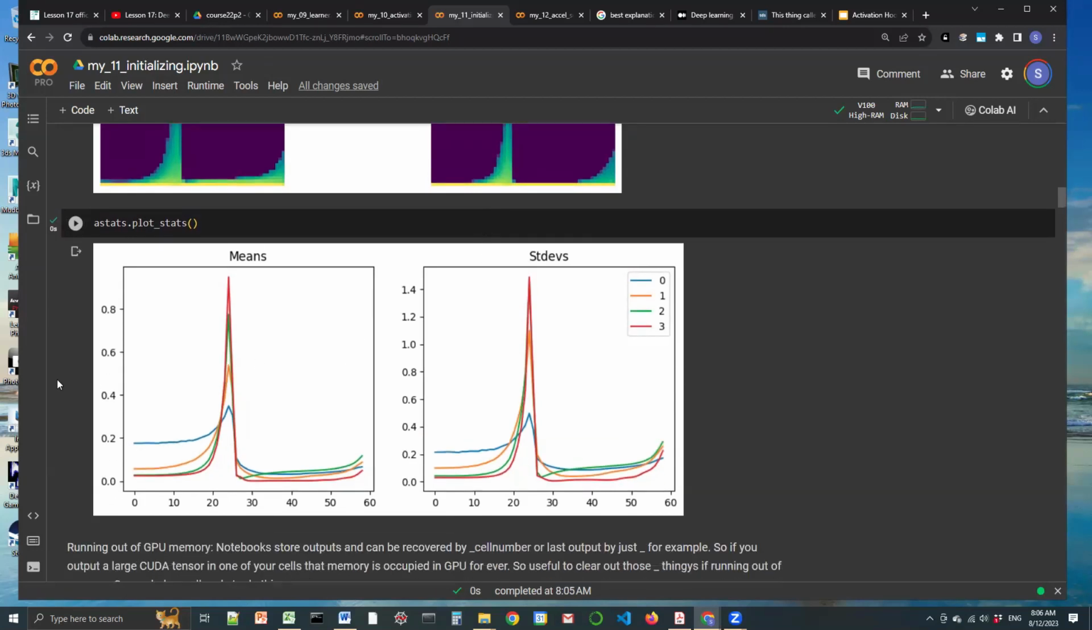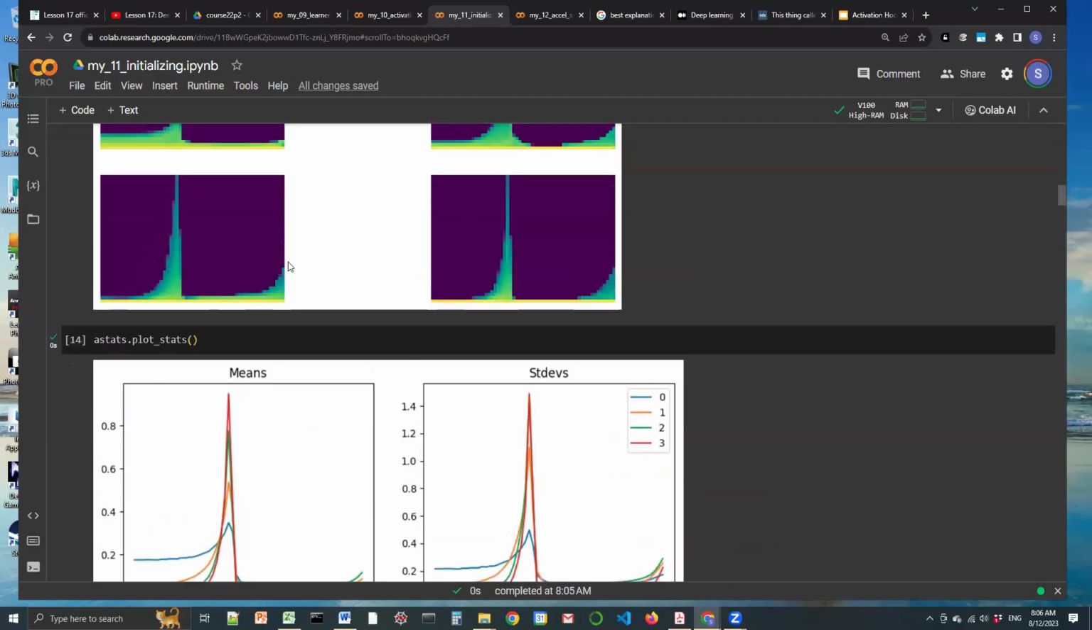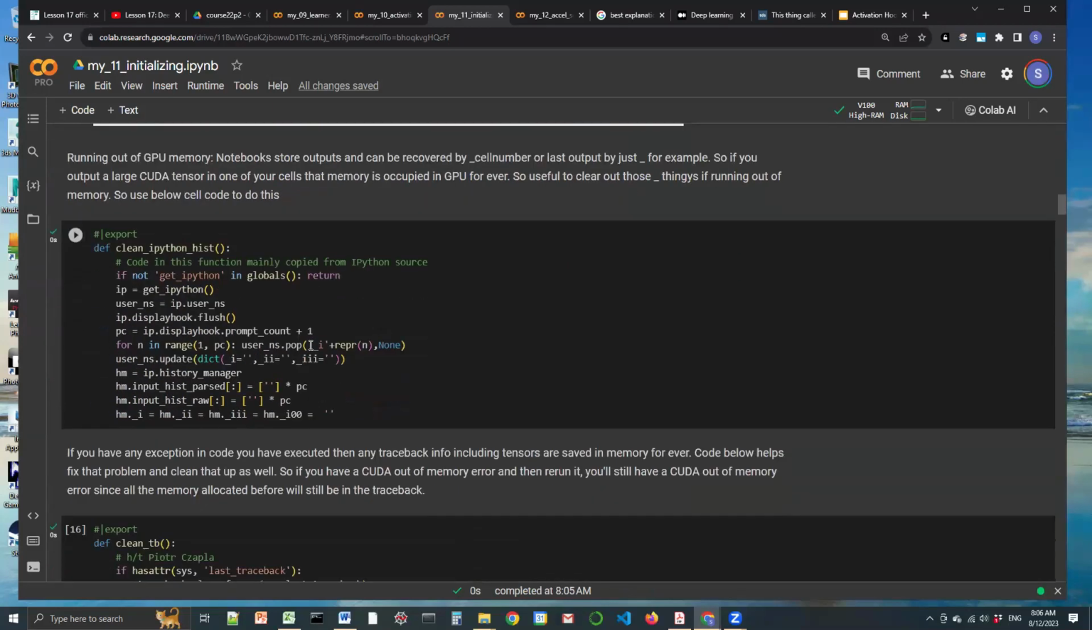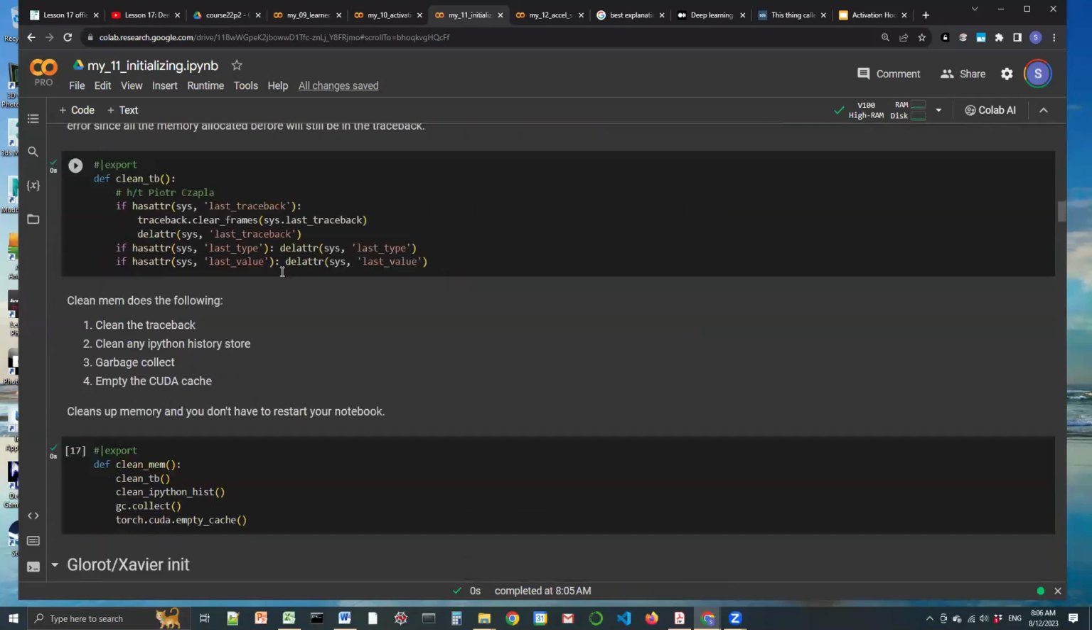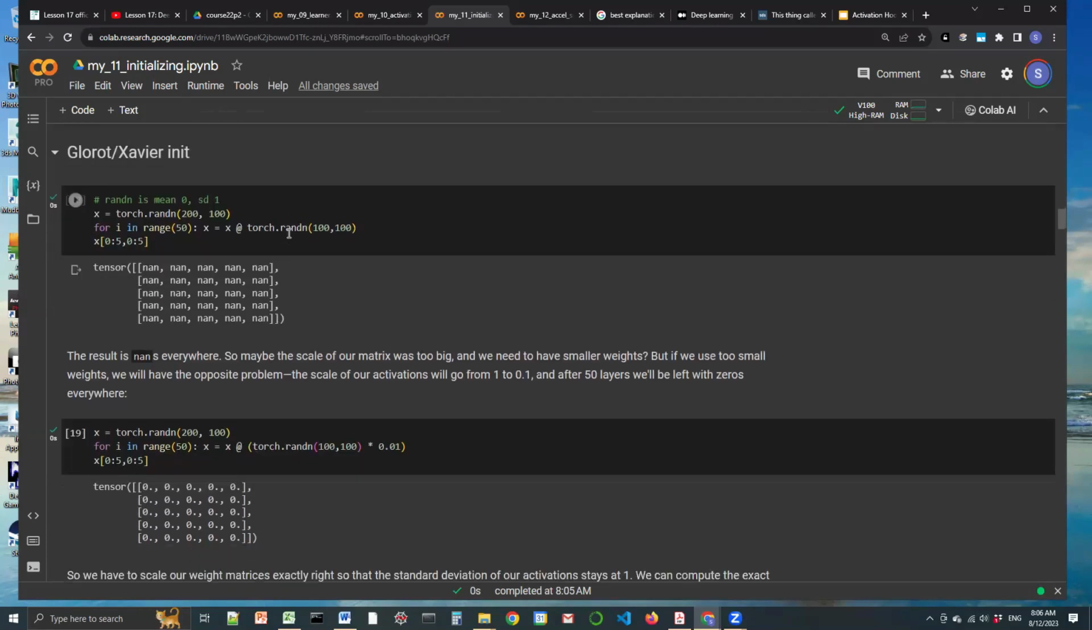One is just the activation stats, which is the mean and the standard deviations, and then also subsequently the color plot of the histogram, which shows us the fraction of activations which are very low value compared to the total number of activations. This was a slight aside of how to claim memory, but sticking with initializations, the first thing we tried was